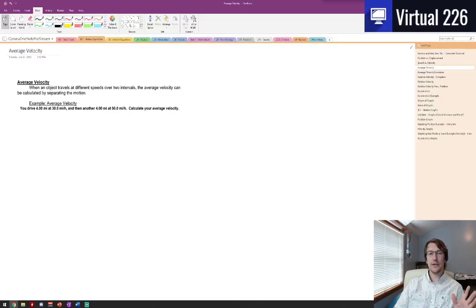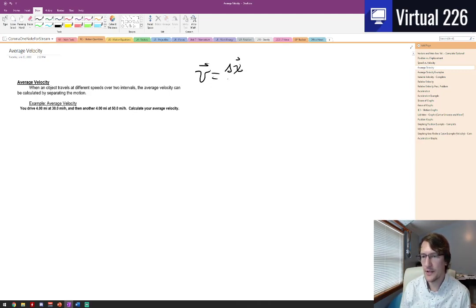Okay, so what we're going to be looking at here is another example of an average velocity. And what we saw in a prior video was that an average velocity, v, can be thought of as being equal to a displacement divided by some amount of time. Okay? Now, there's actually a little bit more to this equation when we think about average velocities, because as I